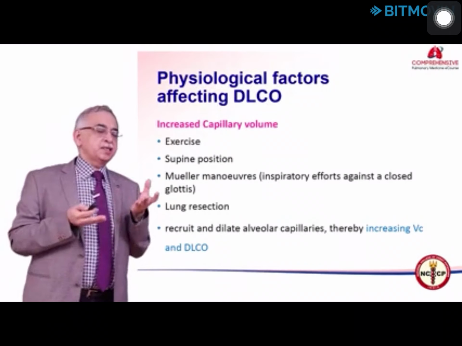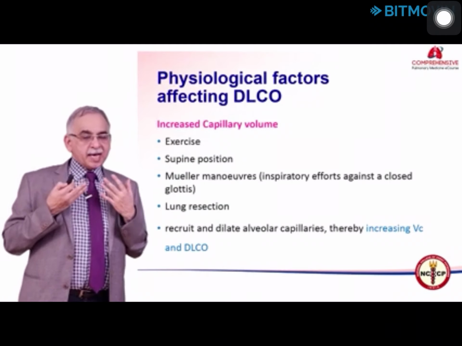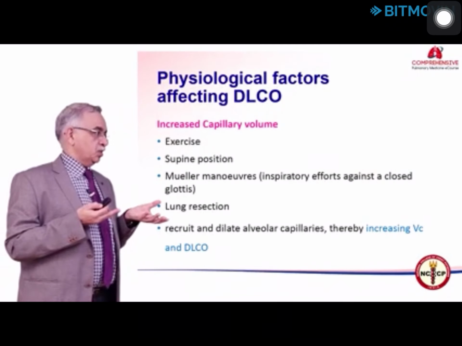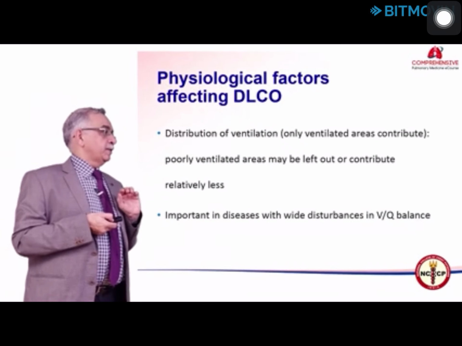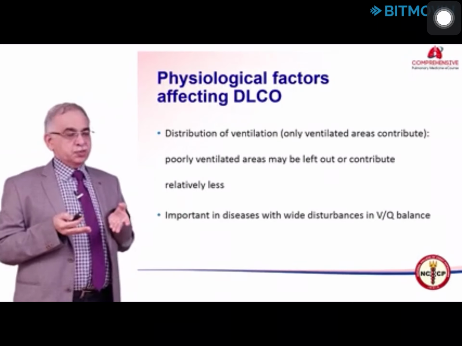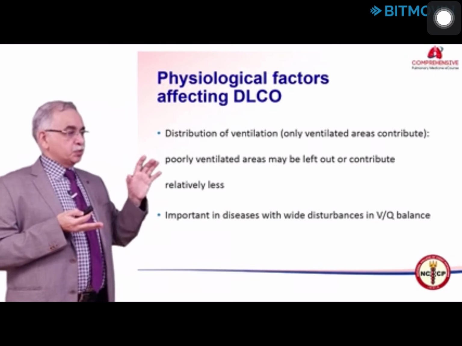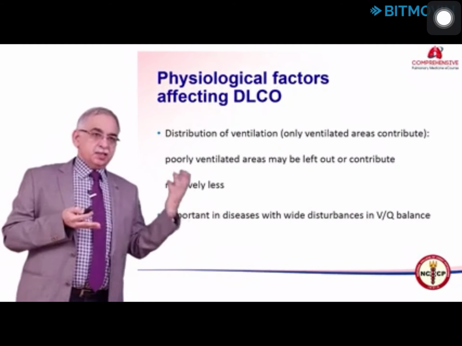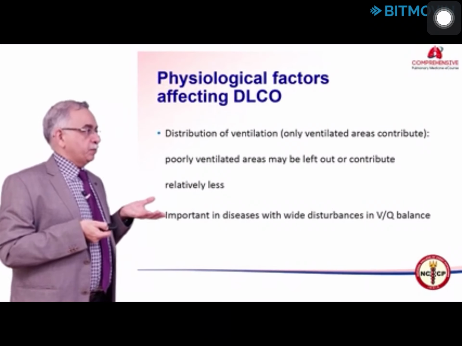So, what is usually done is that it is measured at rest, in sitting position. The patient has to relax after inhaling fully, so there is no inspiratory or expiratory effort against a closed glottis, to prevent technical factors from affecting diffusion capacity. Then other factors like the distribution of ventilation and perfusion: there are physiological mismatches also, because the lung does not have a uniform VQ ratio from apex to bottom. That will contribute, and this is amplified in diseases. In fact, ventilation perfusion mismatch is a major cause of hypoxemia.